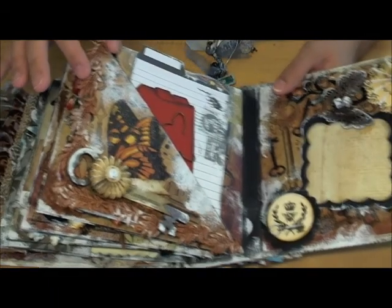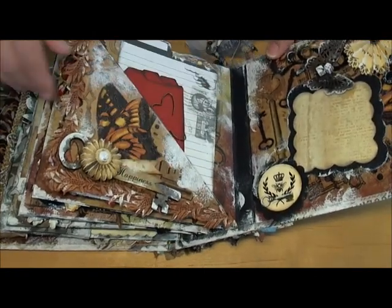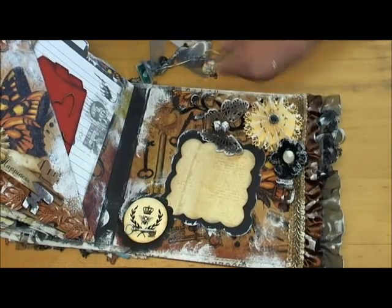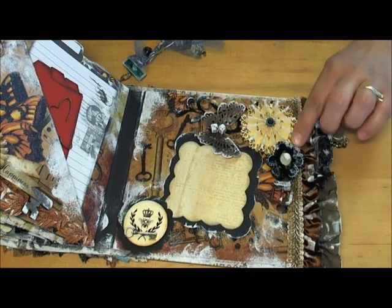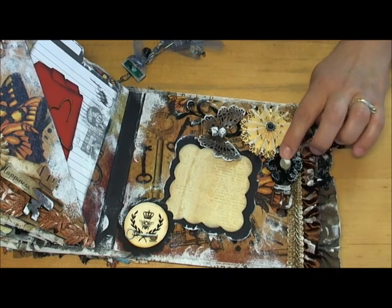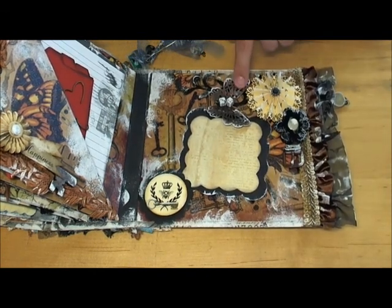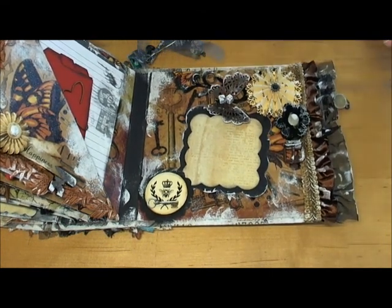So thank you so much, Gina, if you're watching. I used them in this project at the end, and this one says happiness here. It's like perfect. I didn't have to do anything. I think the only thing I did was add that little bling. So on this side, again, this piece with the flourish, she created that. And I just added another one of Terry's crocheted flowers with a little button that I cut the shank off, a Tim Holtz buckle, a Butterbee Scraps butterfly, a couple of teeny tiny spare parts die for the body,